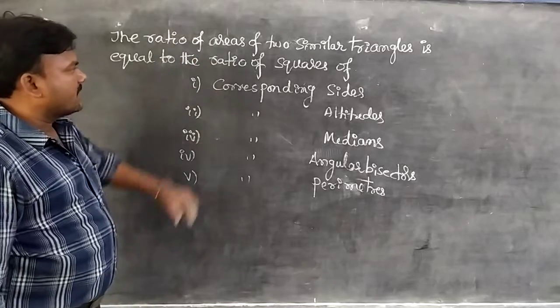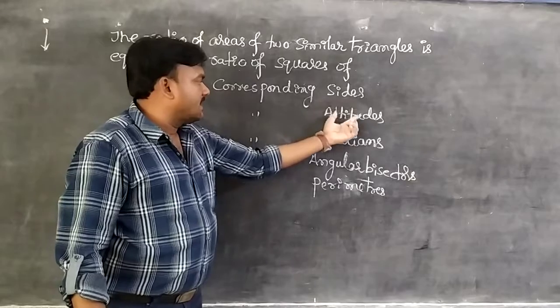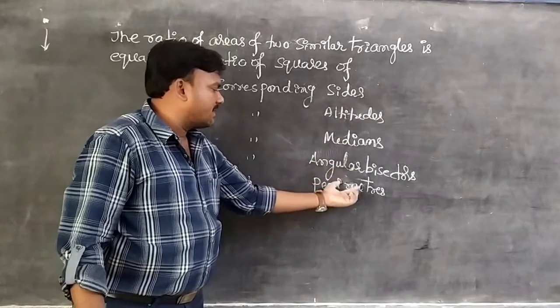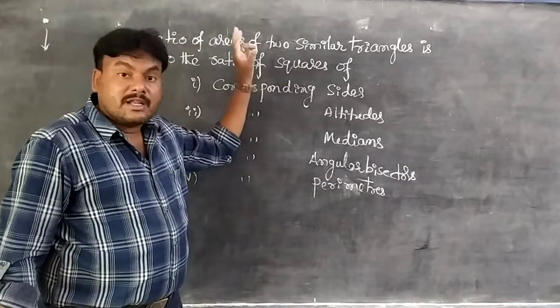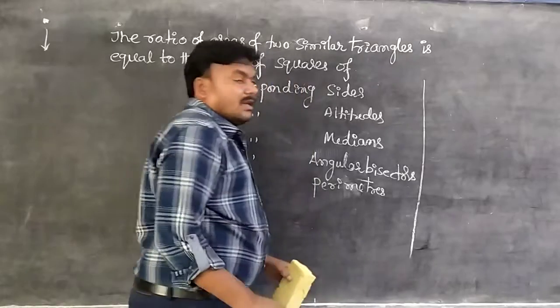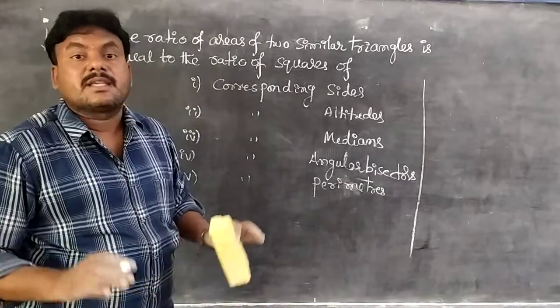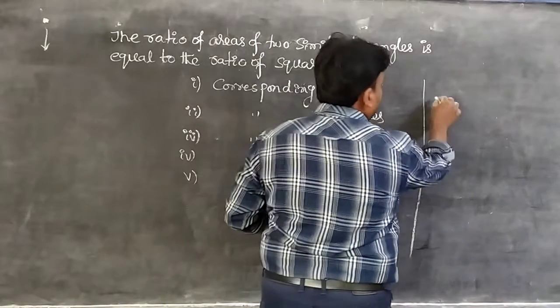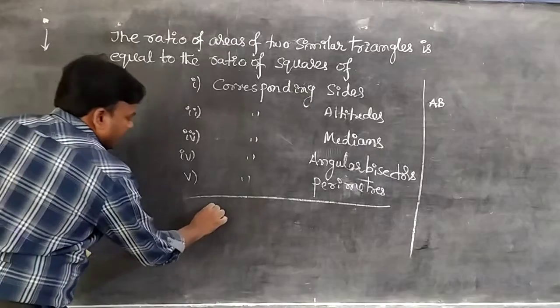The ratio of areas of two similar triangles is equal to the ratio of squares of corresponding sides, altitudes, medians, angular bisectors and perimeters. Perimeters we have already taken in the previous class. So how is it? If two triangles are similar to each other, their corresponding sides are in the same ratio. That means, observe here, AB by DE,